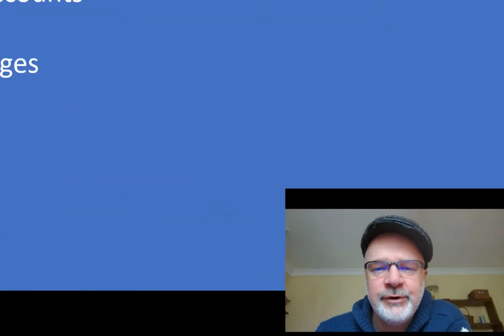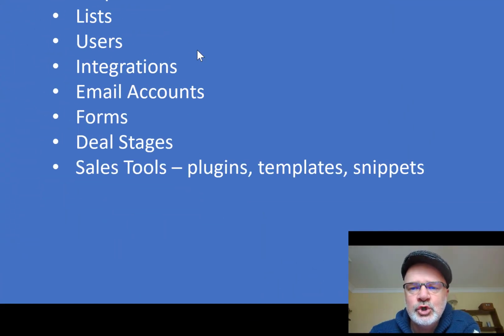But I know many of you out there are also developing non-profits or charities, so it wouldn't be them becoming a customer, maybe they're becoming a member, or maybe they're becoming a donator, or maybe they're becoming a leader within your organization or a volunteer. So we can use deal stages not just for sales, but for all kinds of processes that we'd love our community to go through. We're looking at sales tools, some of the powerful free sales tools within HubSpot, including meetings,